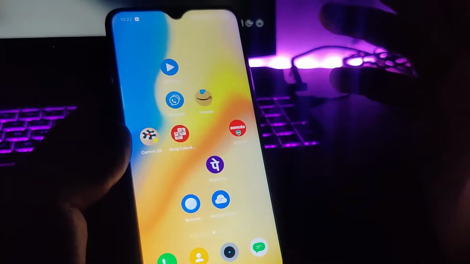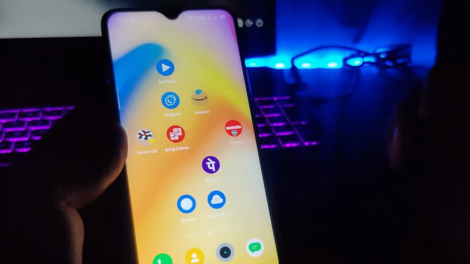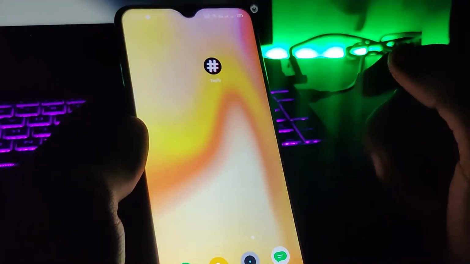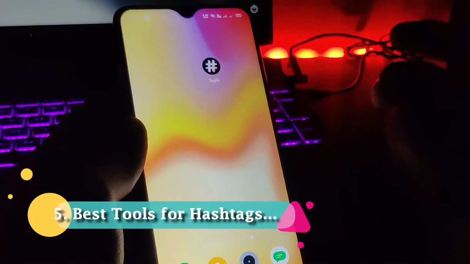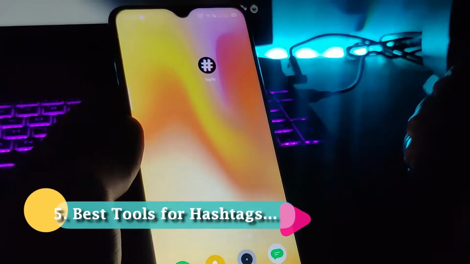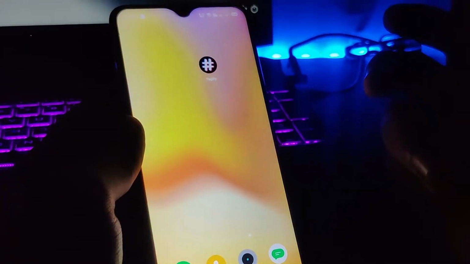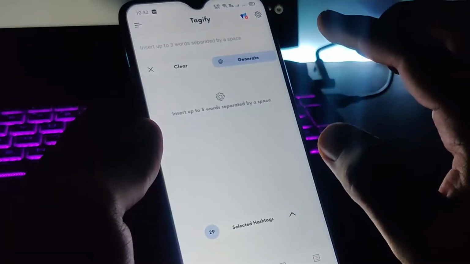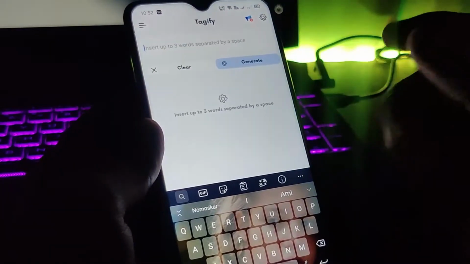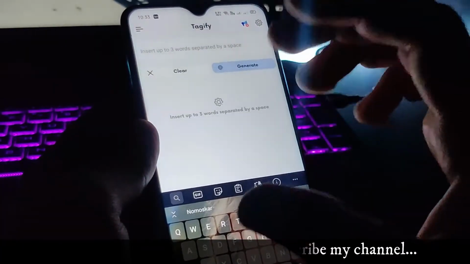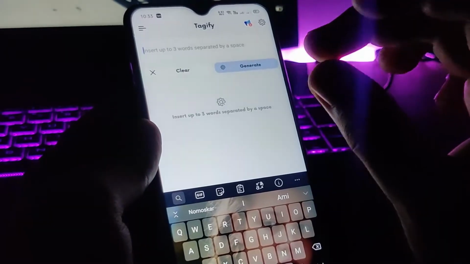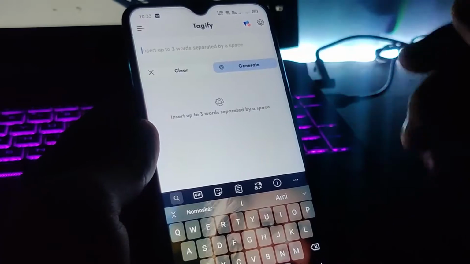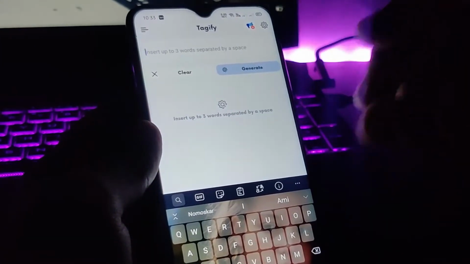Now guys, time to show you the last trick in our top 5 amazing Instagram tricks. Let's go and check it out. So guys, this is the last trick of this video. If you're an Instagram user and you often get confused while posting an image or video on Instagram, while selecting hashtags for them, in that case this app can really help you. The app name is Tagify. This Tagify app can give you so many cool hashtags. If you select hashtags from this app and start using them in your post, there is a really good chance to reach a bigger audience.